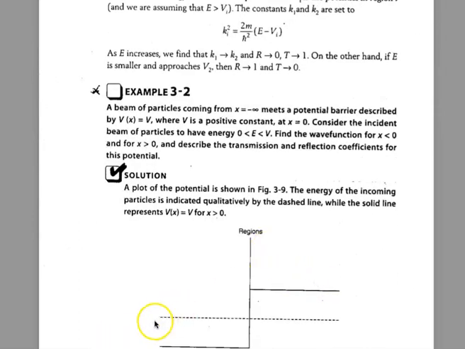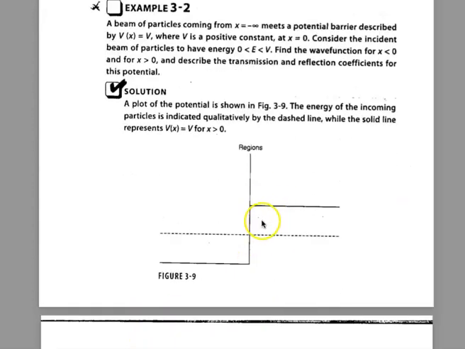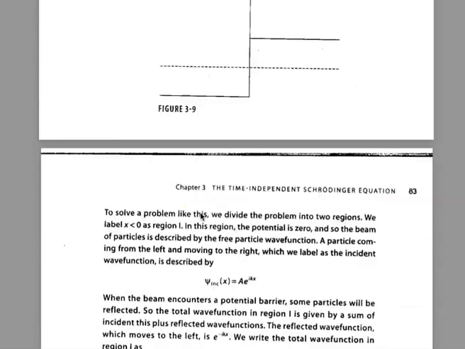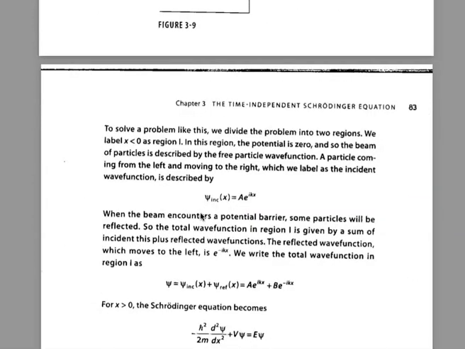So look at this example here. This is a particle that comes in and encounters this structure with its energy less than the height of the step. Classically, this particle should get totally reflected. Quantum mechanically, if the step is finite, some part of the probability of the particle would get through. But if this step is infinite, it's still going to get totally reflected. So let's see the mathematics for this problem then.